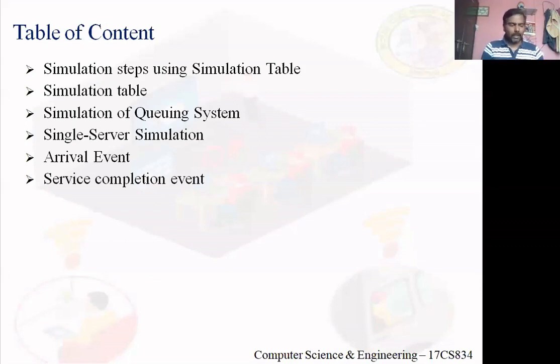And one more thing. In any system, usually a single server queuing system, there are two types of events that are going to occur. We call them the arrival event and the departure event. I told you about the arrival event and departure event earlier. What is an event? Event is some occurrence that causes the state of the system to change.